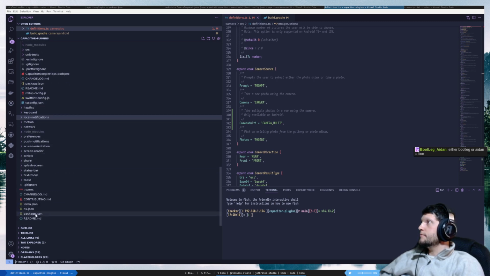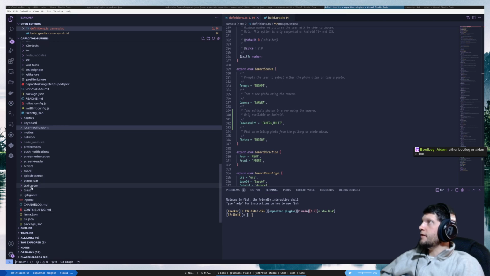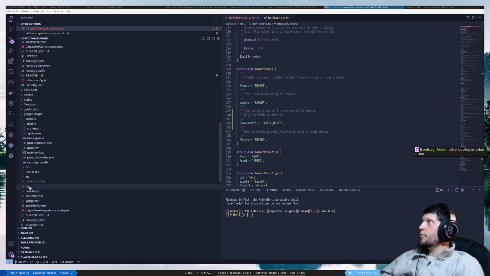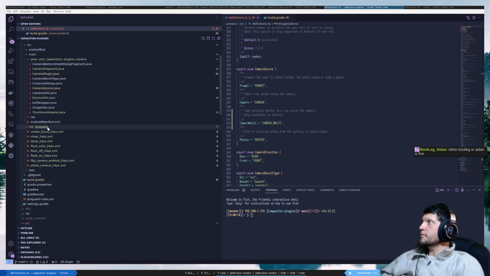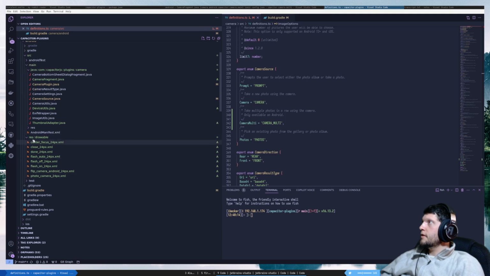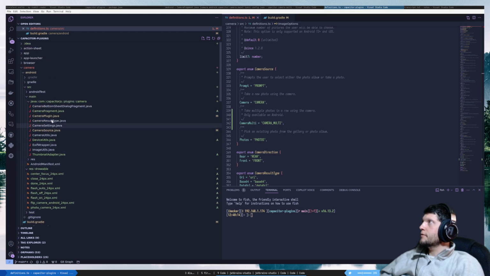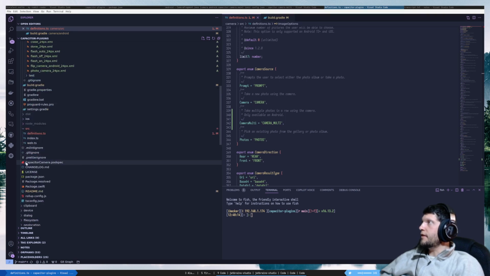I am currently fiddling with this code, trying to figure out why it is not including these drawable resources. These ones. Am I doing something wrong? Let me double check again how the